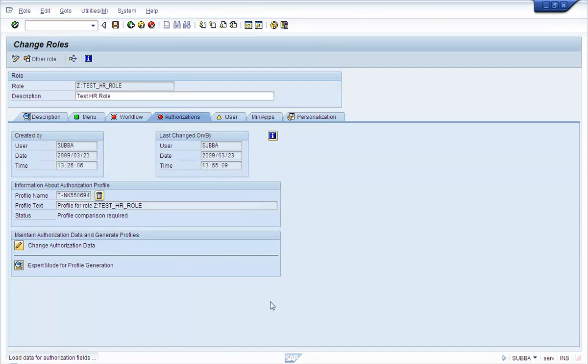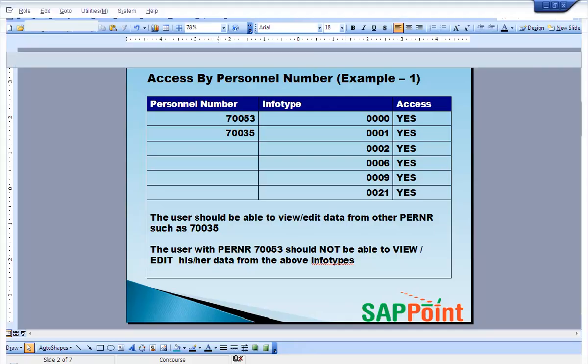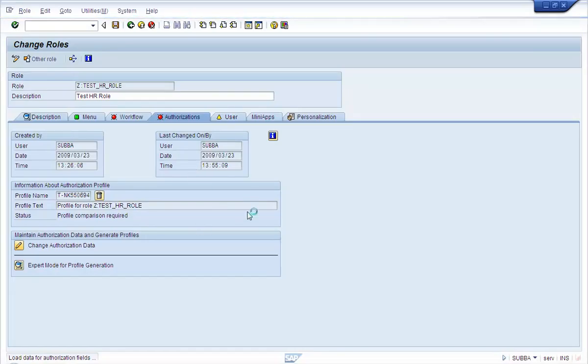Now, the scenario says that the user should be able to view and edit data for other partners such as 70035 and should not be able to view his or her own data. So because the user is going to work with data belonging to other users, the user testhr user needs access to two authorization objects.